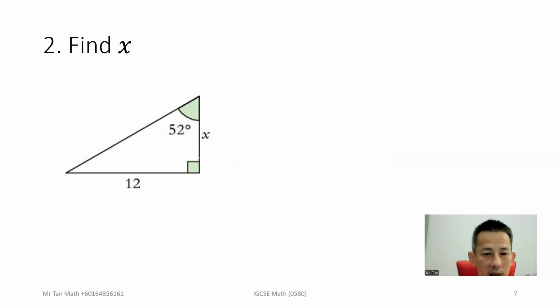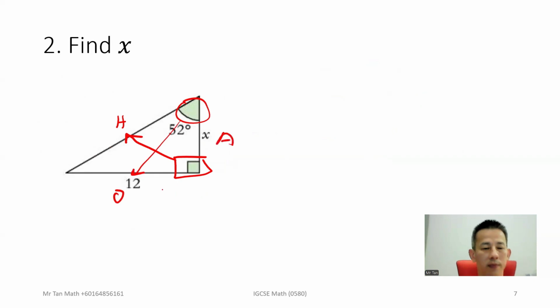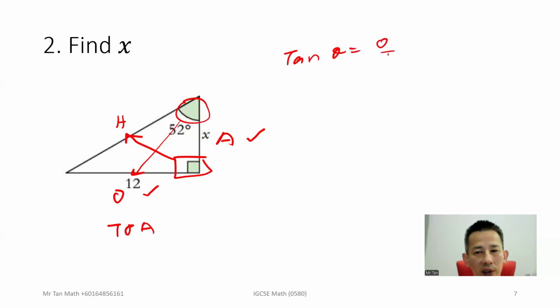So first, identify the right angle. Therefore, this will be the H. This will be the O. And this will be the A. So you have A and O. Again, it is TOA. So it's tangent theta equal to O over A. Therefore, tangent of theta, which is 52,